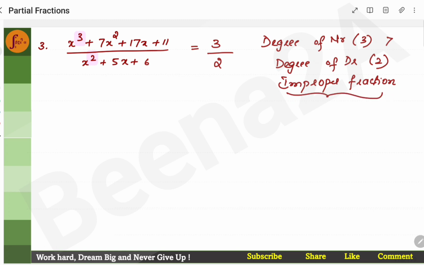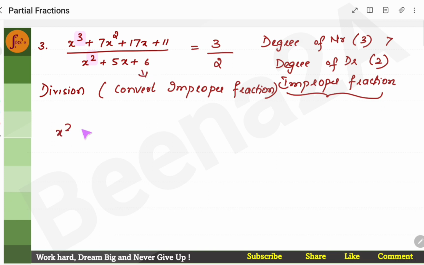So we'll have to use the division method, so as to convert improper to proper. We get quotient, remainder and divisor. Using that, we'll convert into partial fractions. So in the division method, the denominator becomes the divisor. So the divisor is this much, right? Now I'll put the dividend, which is